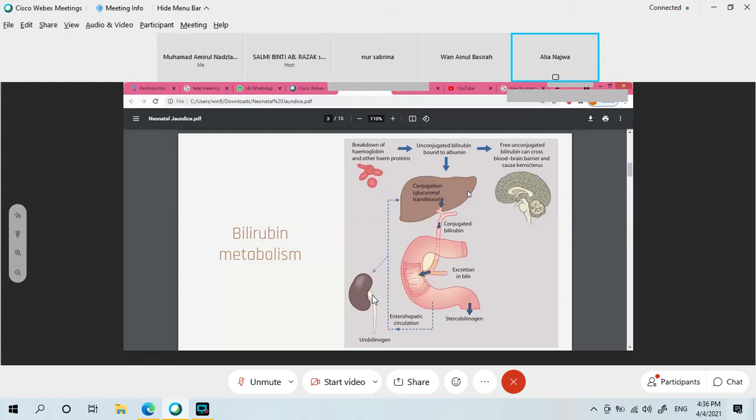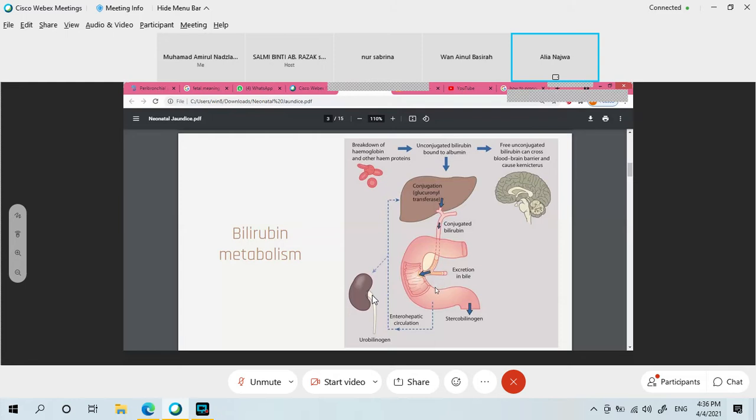This process is mediated by glucuronidase. It is the enzyme. And then later the hepatocytes will excrete the conjugated bilirubin into the duodenum and also the gallbladder. So once the conjugated bilirubin is already in the intestinal tract, most of it will be secreted via feces as stercobilinogen, and some of it will be reabsorbed into the blood circulation to start the cycle again. And the process is known as enterohepatic circulation. And a little bit of it will be secreted as urine,